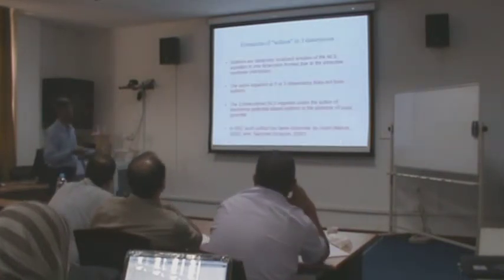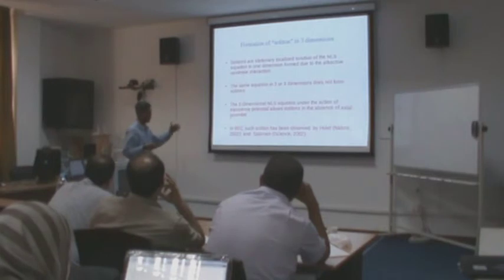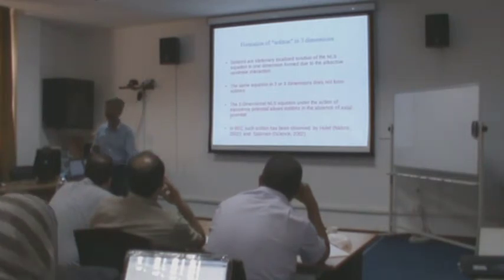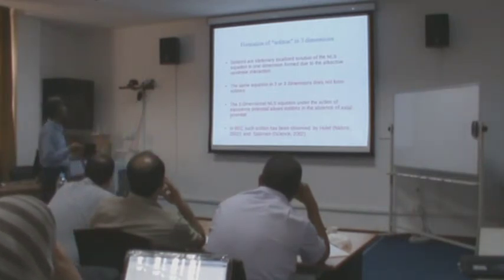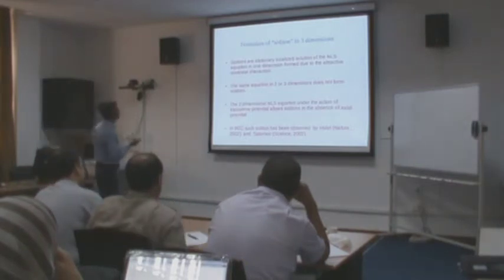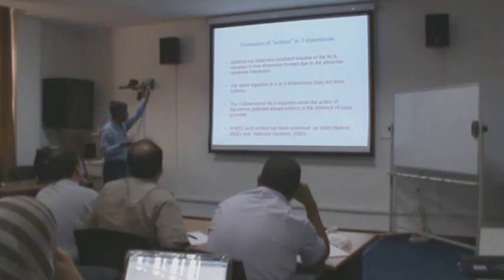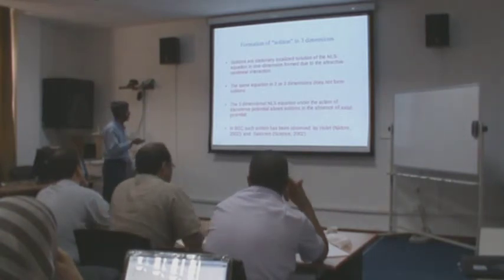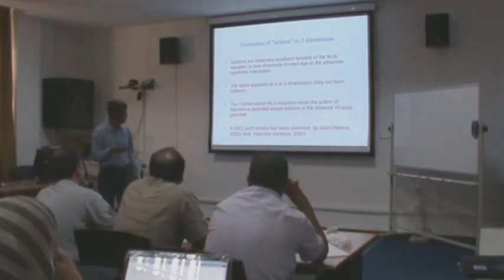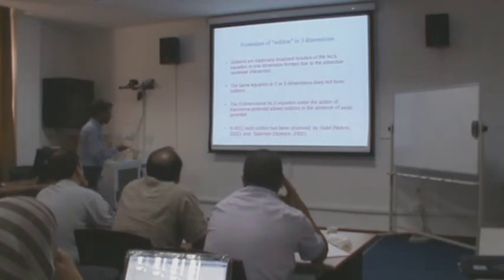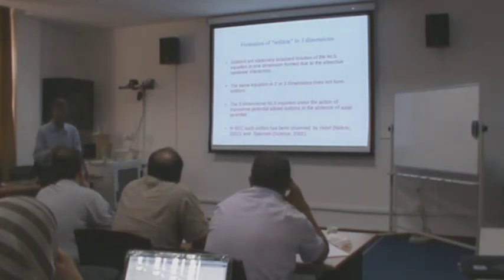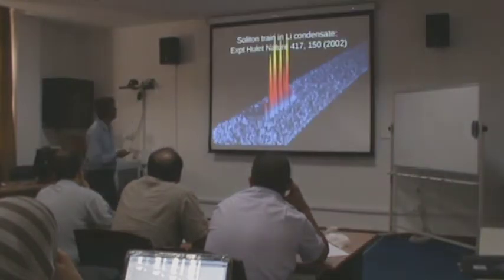But that doesn't happen in 2 or 3 dimensions, even if we can simulate a soliton in 2 and 3 dimensions. It does not have the integrability. So what is the formation of a soliton in 3 dimensions? We can take the equation in 2 or 3 dimensions and try to see what happens, because our world is 3-dimensional. We have to simulate these things or fake something to see this in 3 dimensions.